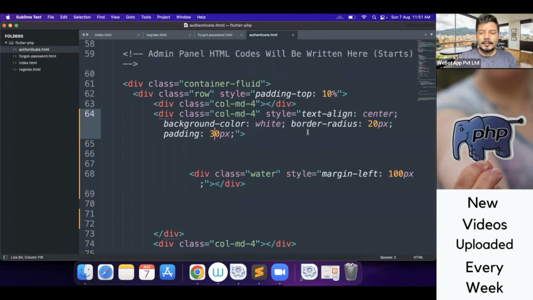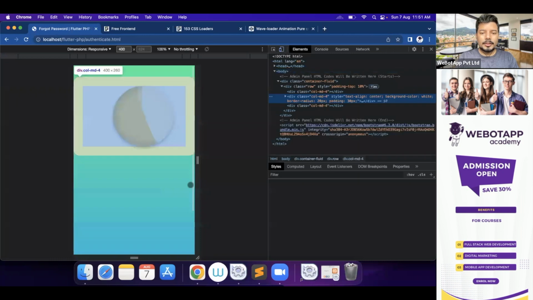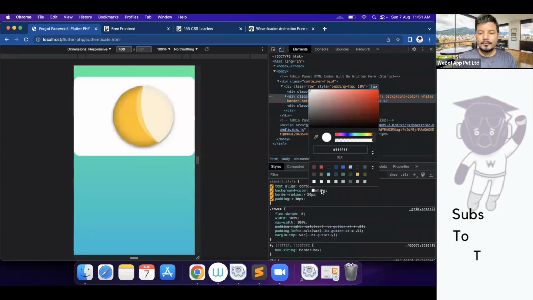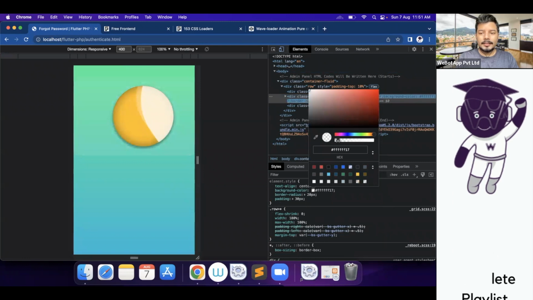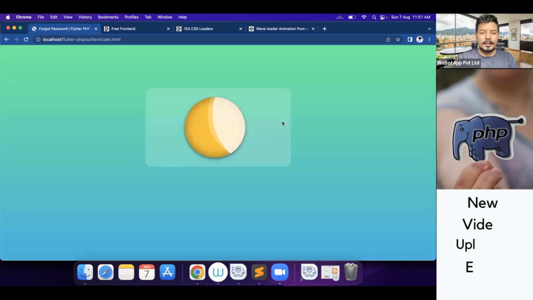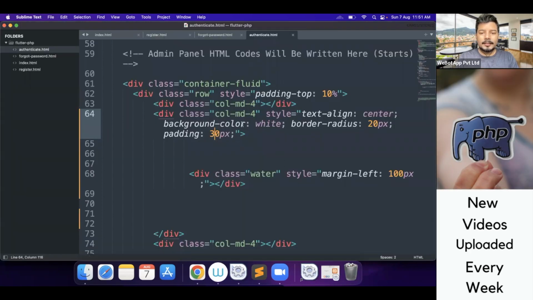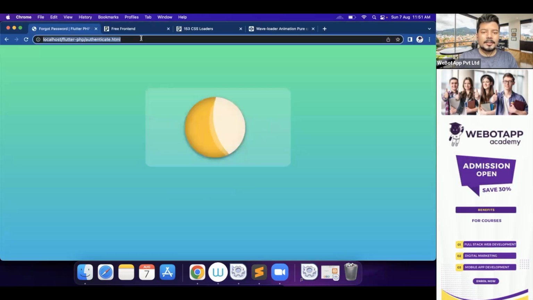All right, and here the background color is white. I won't be showing the background color as white. I will be giving a transparency here like this. Okay, let me copy this code, close this CSS. Yeah, it's looking nice now. And instead of giving the background color as white, I'll be giving a transparent background here,